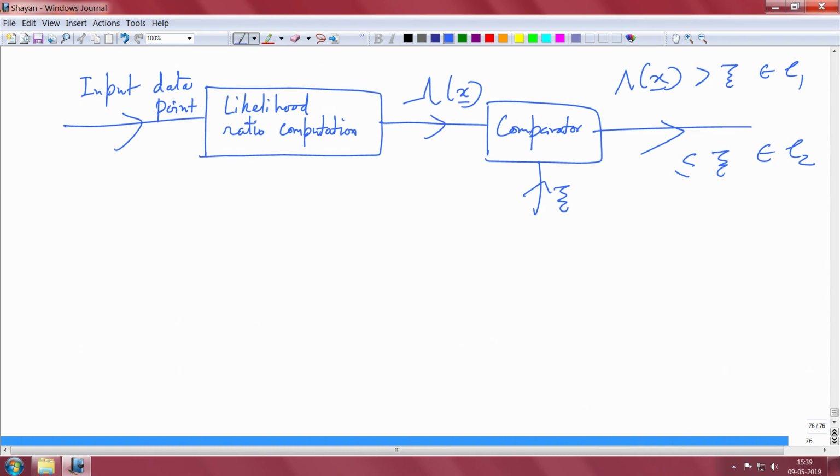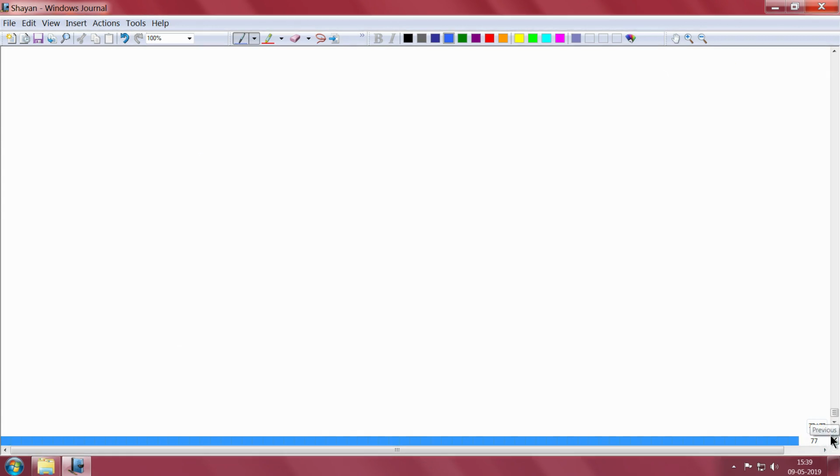Now, we will see this in the context of Gaussian distributions, and then we will carry out a simple exercise and try to link this example to the perceptron problem. That was our objective. So, for that we set up this Bayes classification problem. With this setup in mind, which is based on the likelihood ratio computation and the comparator to decide this two class problem, let us visit the Gaussian distribution case. So, we will start with an example.